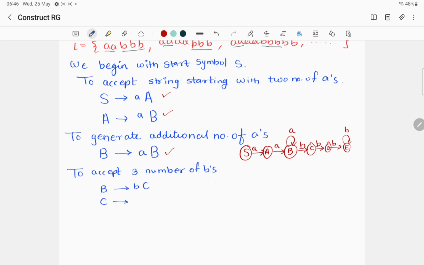From C, again on reading small b, I can go to capital D. And from D, on reading small b, I'm going to capital E. So here I'm making sure that I'm reading exactly 3 number of B's. Now to have more number of B's, which is optional, I can write another